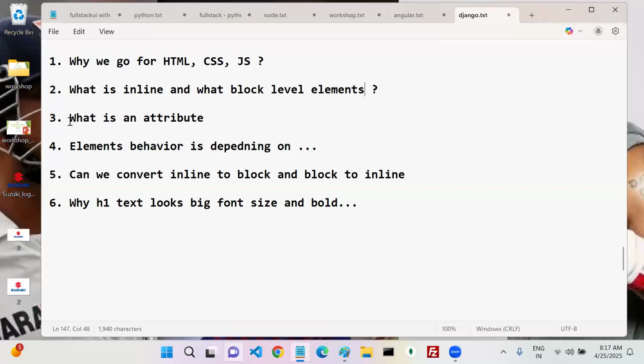Okay. What is an attribute? Attribute is like a key value pair. It always tells something about an element. So elements behavior is depending on